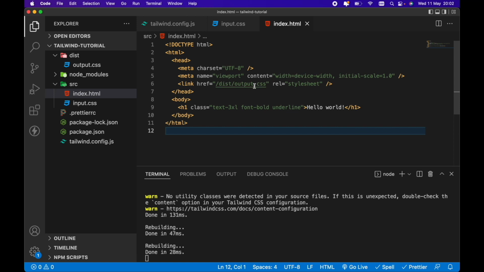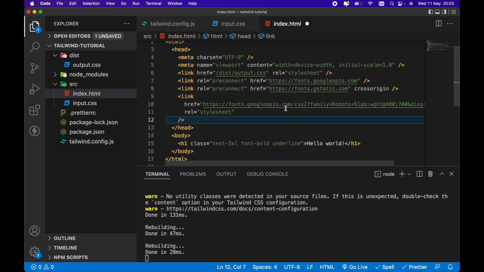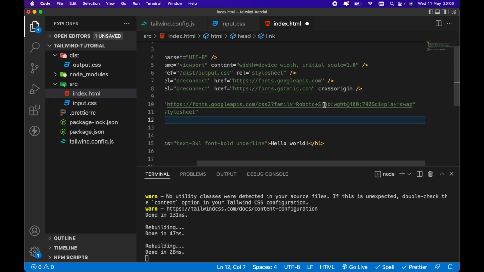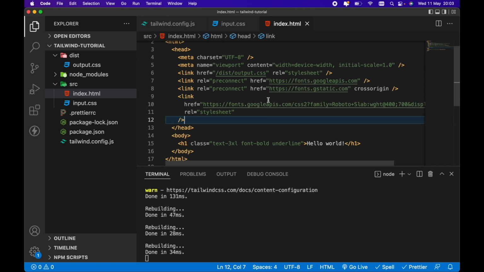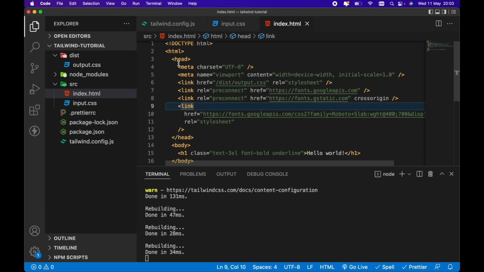But once it's built out, we just need to reference the outputted CSS file here in our index.html. So from here then, I'm going to add a nicer font. I've already got it selected and copied in my clipboard. I'm using the Google font Roboto Slab. So to reference this Google font in Tailwind CSS and make sure that this Roboto Slab font is being